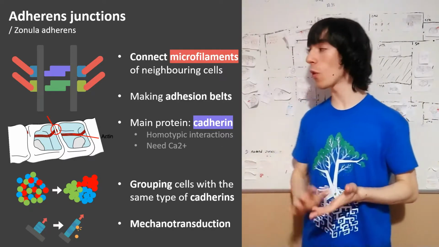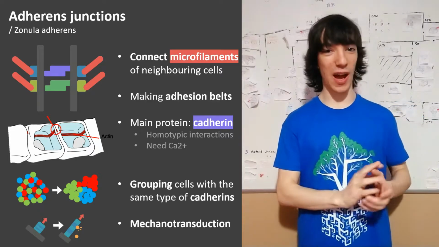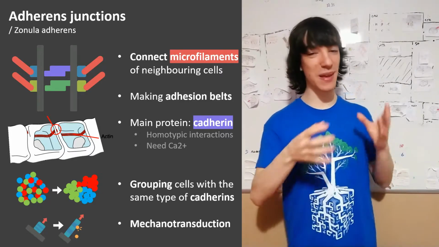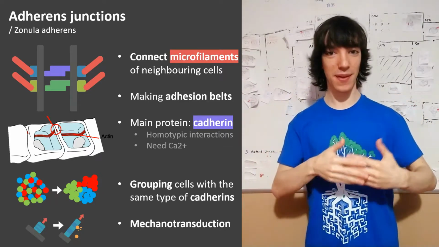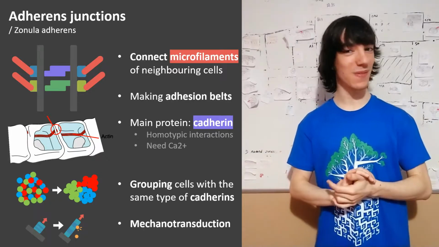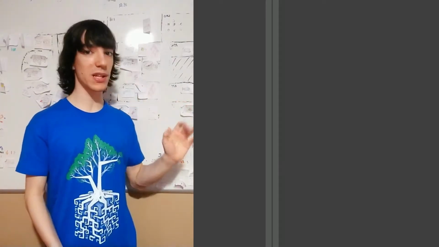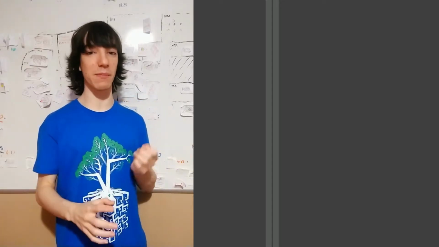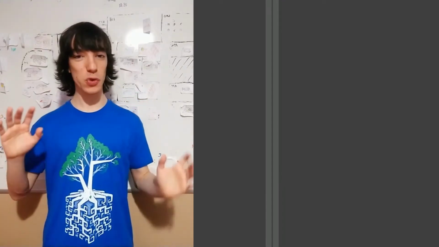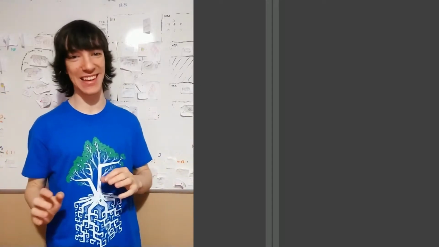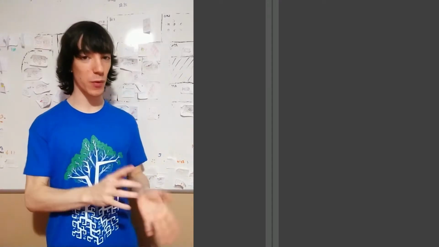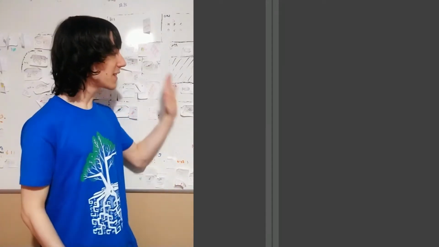Alright, I think that's enough of its functions. Now we can talk about the specific details of how you build one adherence junction, what proteins you need to make it effectively connect cells together through the actin filaments. So, let's read. Now this can get pretty complex, so I'm going to explain it in several different levels of complexity, going from the very basics that you will probably find in most university books and courses, to some very specific details about the proteins in here, so that you can choose how much you want to study and to remember about the topic. So, this is a membrane.